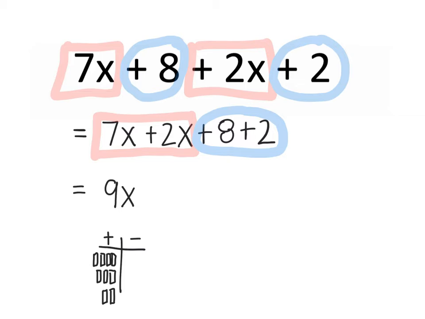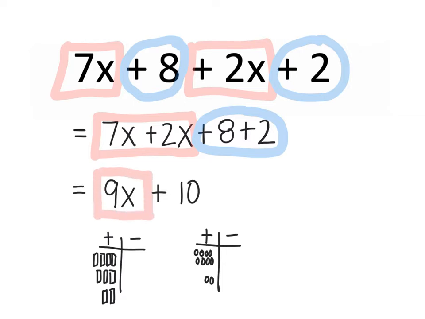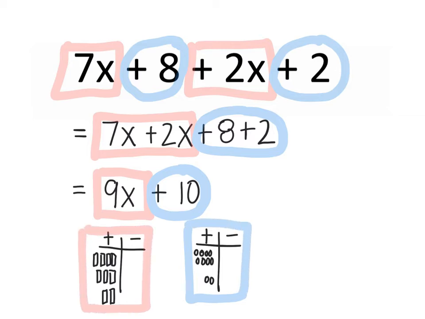In terms of the 8 and the 2, when we add those together, we're going to get 10. Once again, that can be shown in a scoreboard to show that you have 8 to begin with, and then you are adding 2 more to it for the second term. So if we look at our final answer, we can see that the 7x plus the 2x has become 9x, and the positive 8 and the positive 2 have become 10. And here are our scoreboards that correspond to those terms. So we would leave the answer as 9x plus 10 because, of course, we cannot combine an x term with